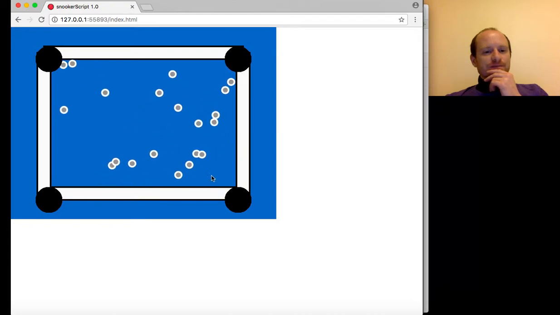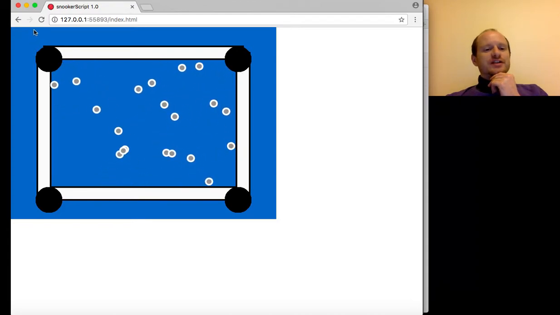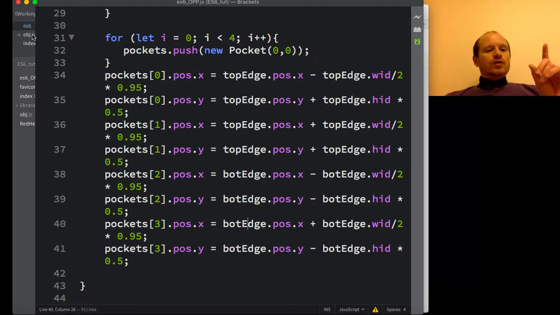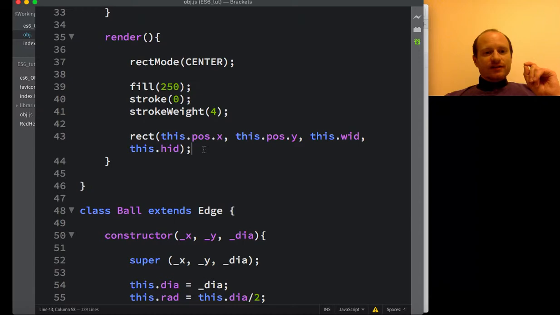No, collision detection is not working for the pockets. That's disappointing. So the other thing we've just got to change is the Y's want to be minus there, minus there. That's right. Okay, so now they're positioned correctly. I thought my finger got excited. I thought I had the answer. So